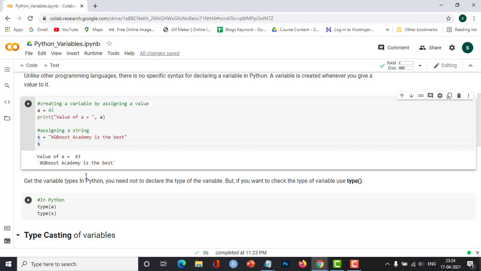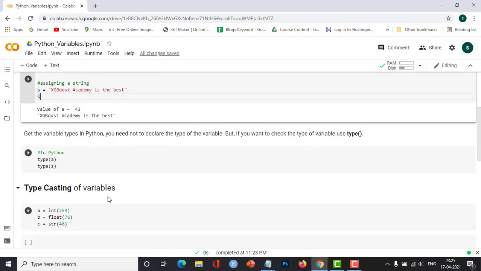The values may differ and it seems to be similar. In that condition, we can use this type function to find the exact data type of the variable. To get the variable types in Python, you need not declare the type of the variable, but if you want to check the type, you can simply use the type function.